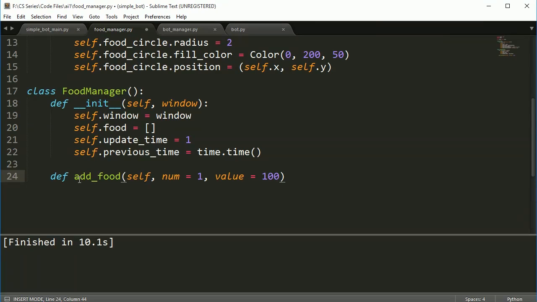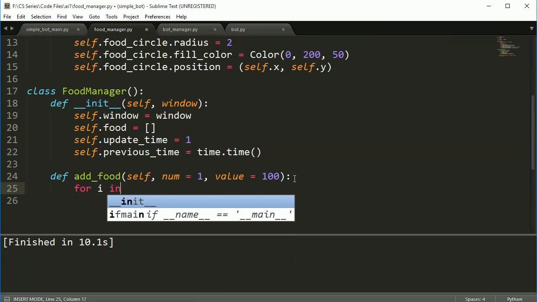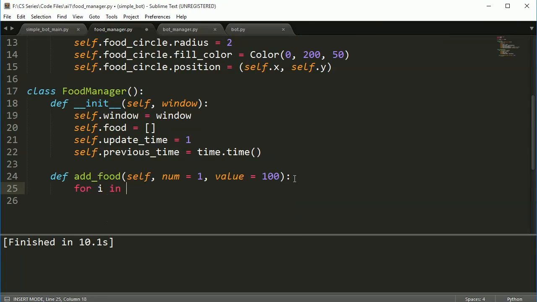So I'm going to give it some default values. So if I call this method with no parameters, it's going to give me a default of 1 food added, and it's going to give that food a default value of 100 nutritional points or whatever you want to call them. And let's see, range 0 to num, and we'll just do